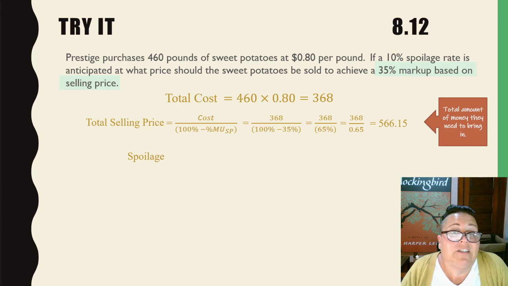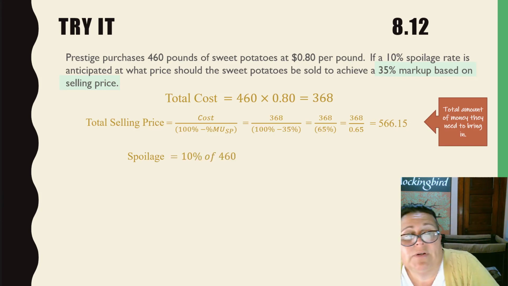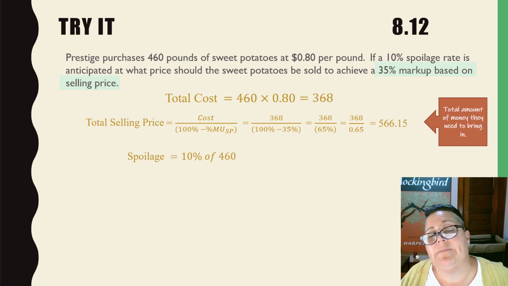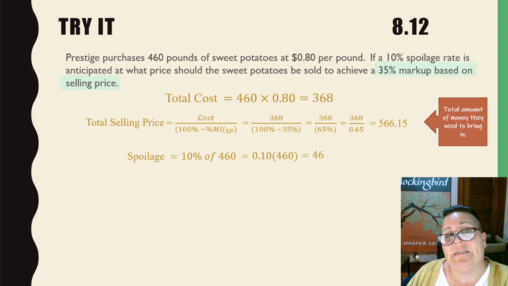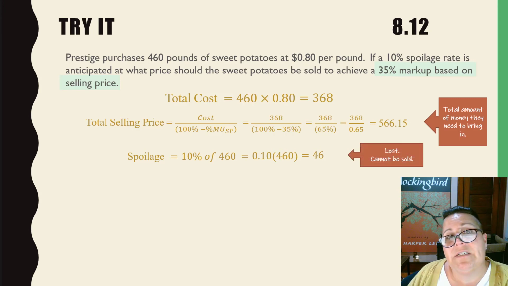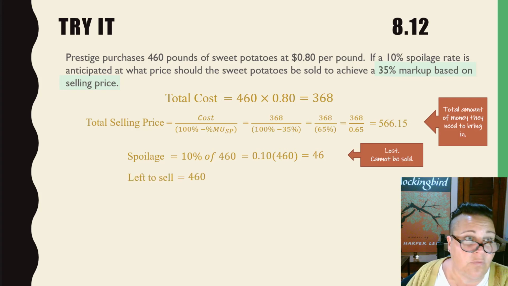The expectation is they're going to lose 10% of that 460 pounds to spoilage. Now, 10% of 460 is 46 pounds. So 46 of those pounds are going to be lost. We cannot count on them for sale. We cannot count on making money on them. So that means of the 460 pounds, there is only going to be